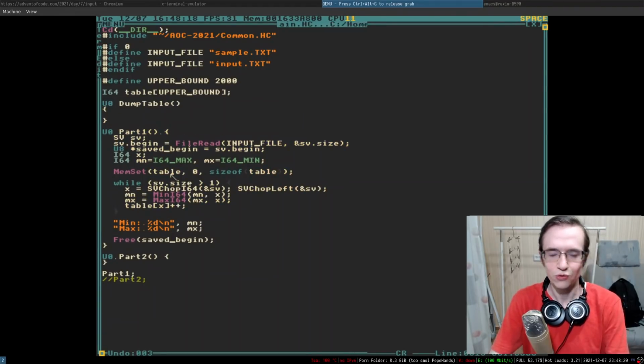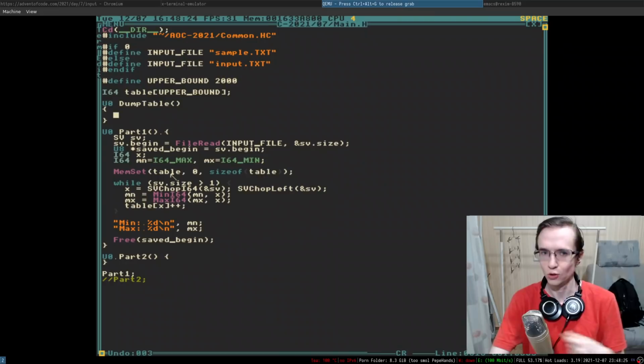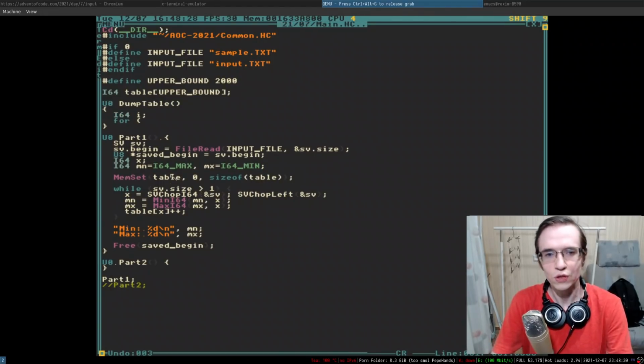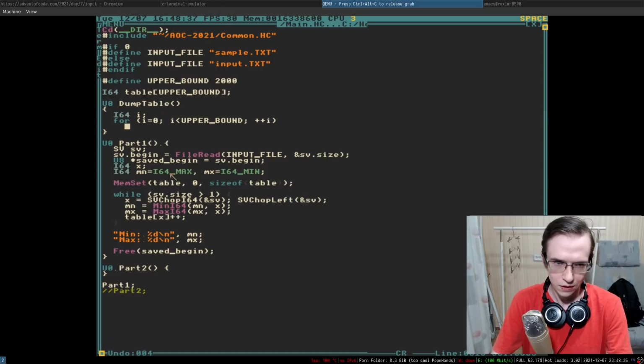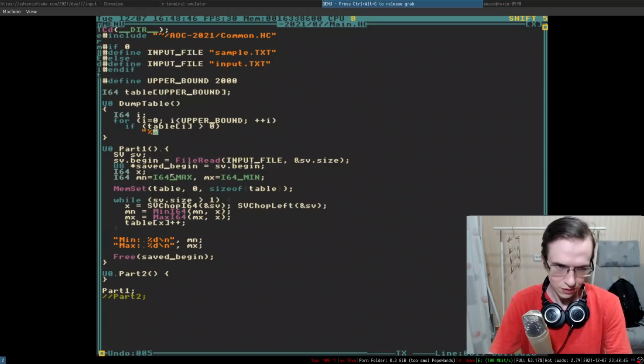And since there are a lot of values in that table, I think I'm going to skip the ones that are 0, because we're going to assume that they don't exist essentially. I64 i, and for i equals 0, i less than upper bound, right? So this is the upper bound plus i. And if table i is greater than 0, right? What we're going to be doing is the following thing. So I'm going to essentially